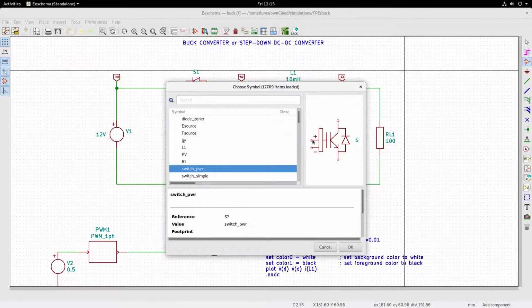This has two terminals for the gate drive, isolated terminals. You can ground one if it is grounded, and two power terminals, where the power currents flow and the power voltages are seen across that.